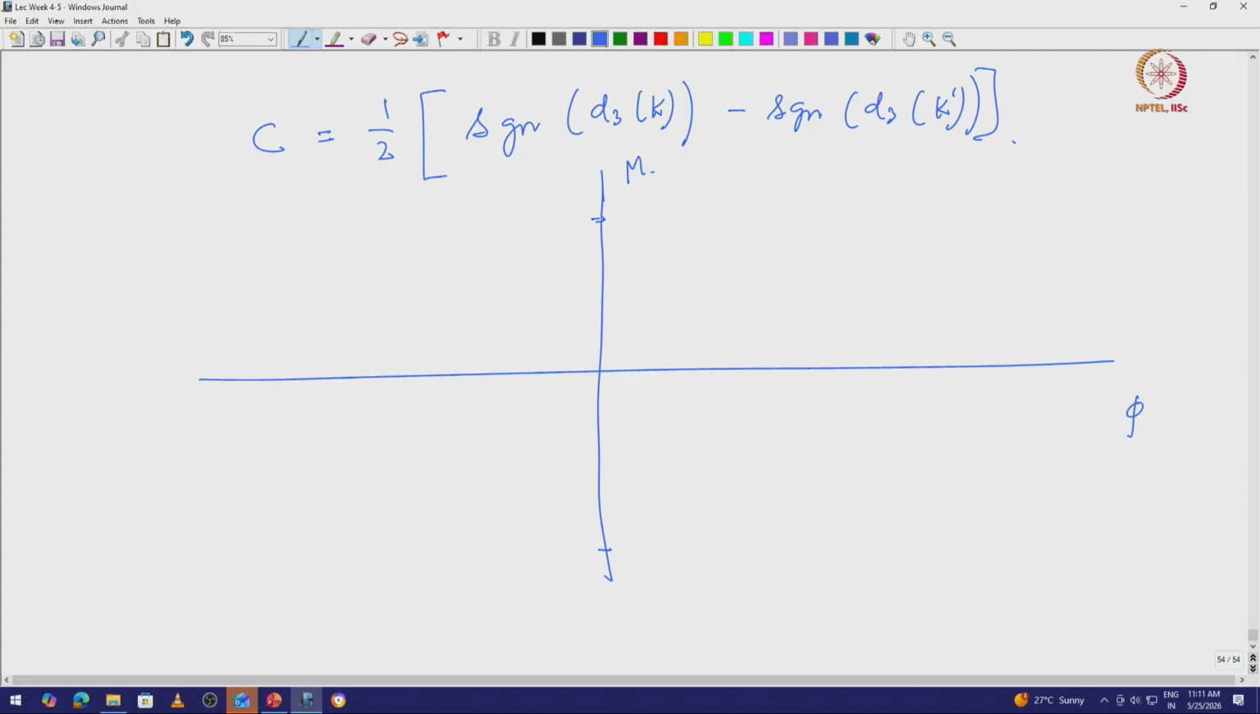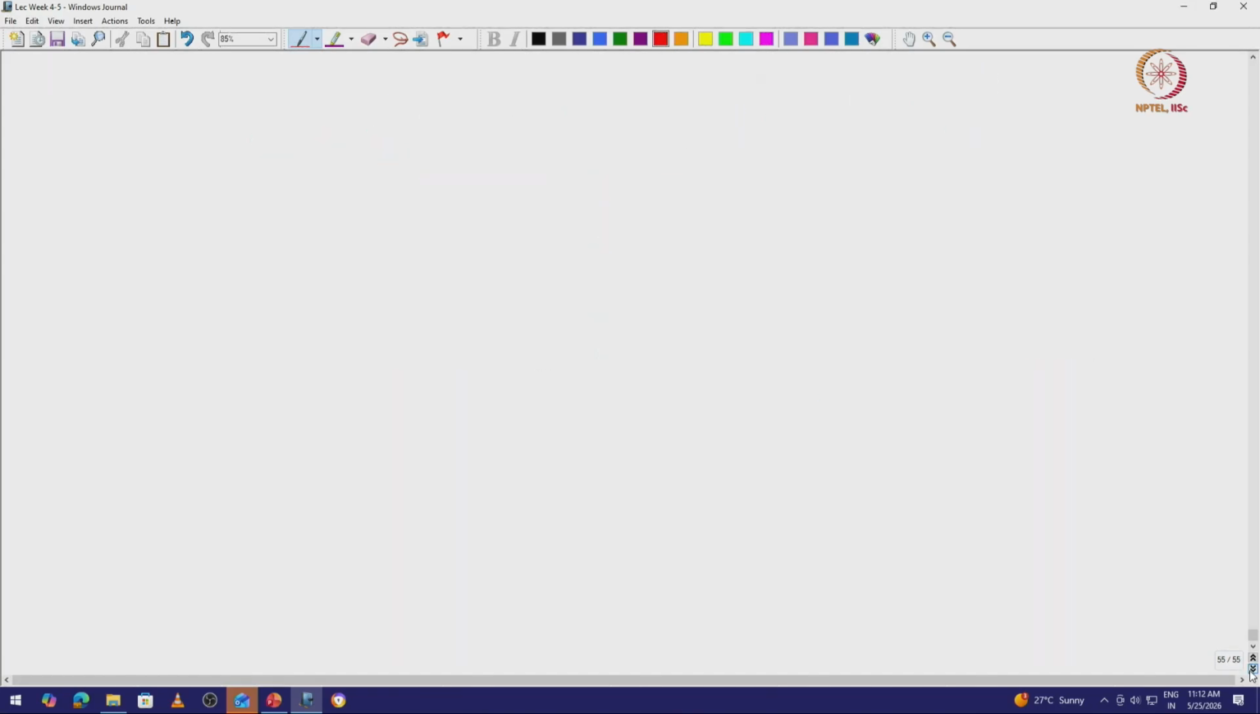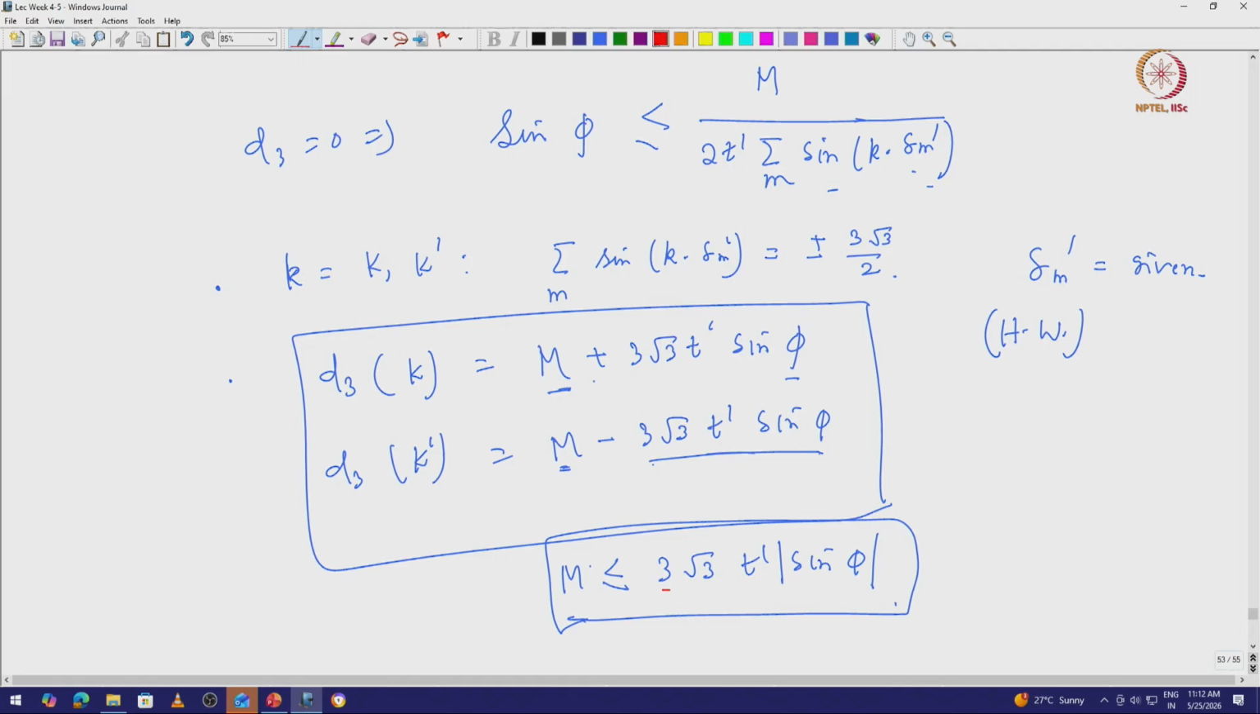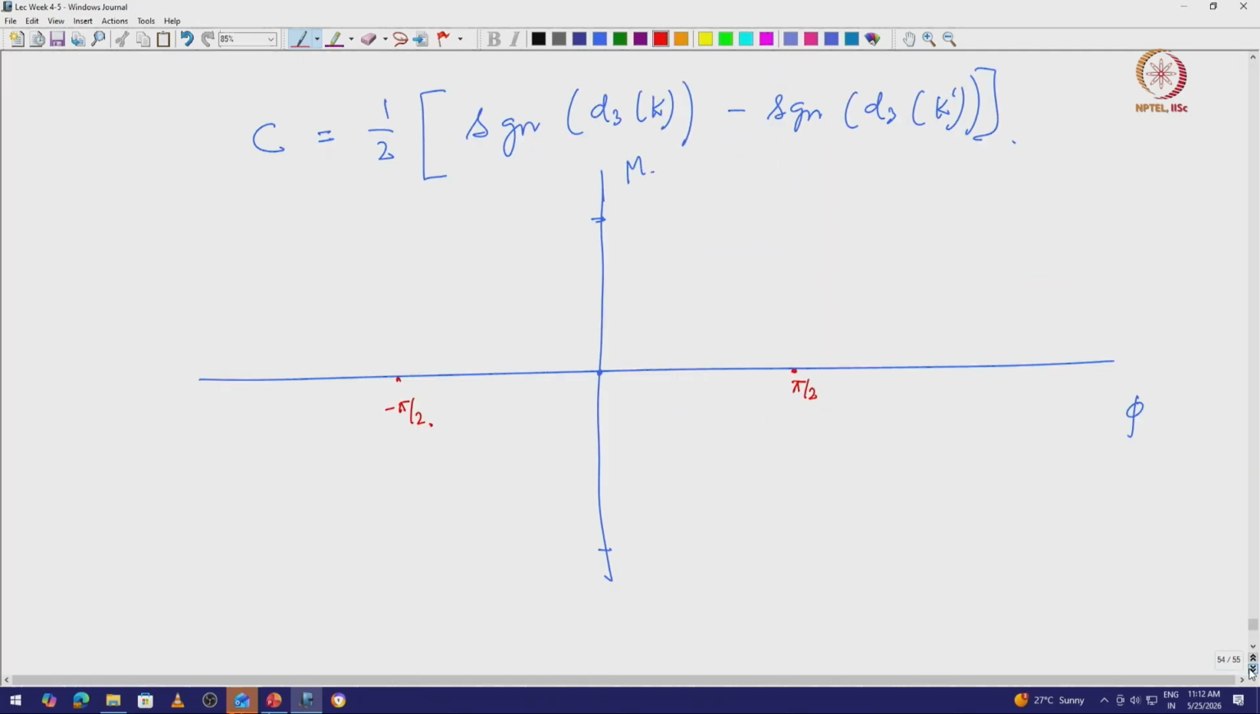So at phi equal to 0, m can be 0. When phi equal to pi by 2 and minus pi by 2, this is where sin is 1, and then it says that m has to be less than this. So if I write it as,